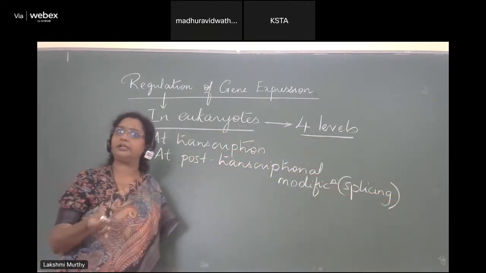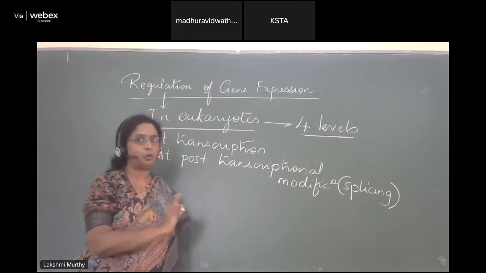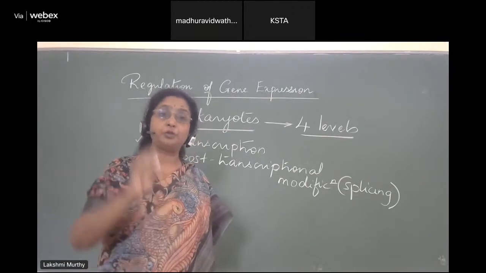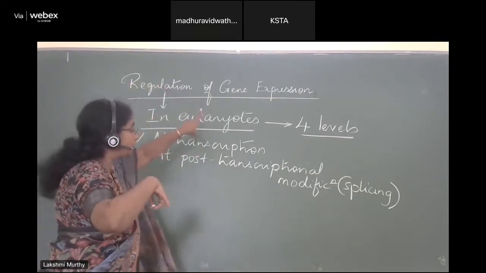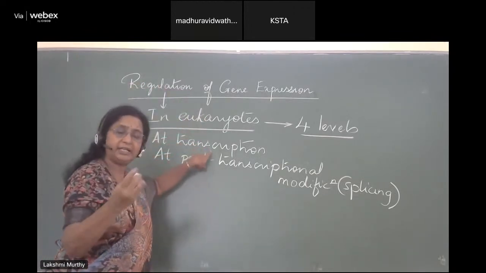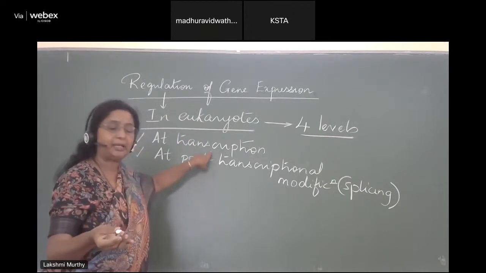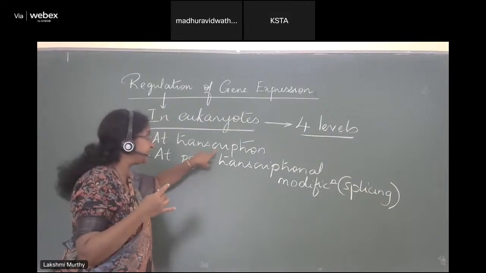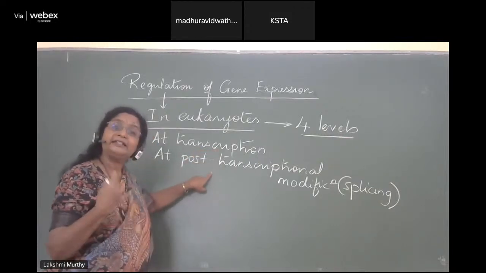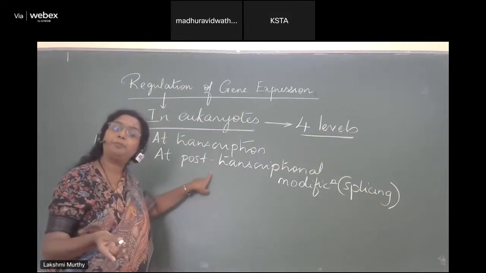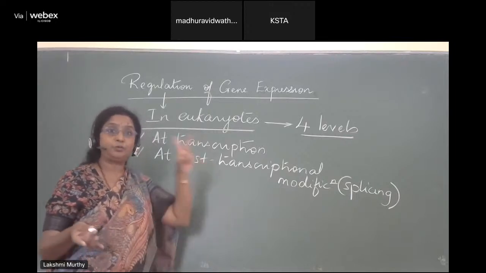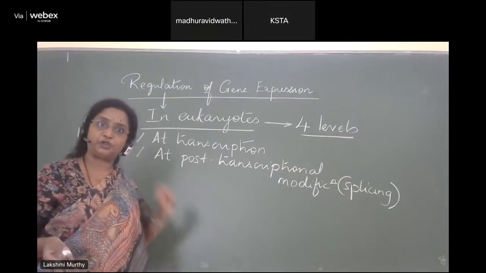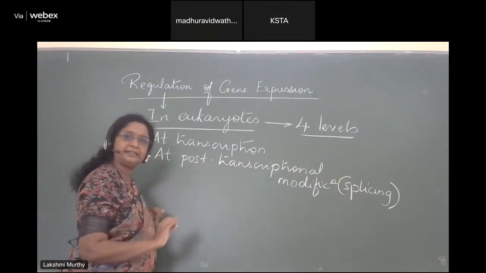We could not control it, but let us see that we do not splice it so that it will not produce mRNA. So maybe your neuron is able to control hemoglobin production at this level. I'm just giving an example, okay? Or your WBC cannot control it at this level, so it goes ahead, does transcription of hemoglobin polypeptides, and finally you will decide not to splice it so that the HNRNA can be destroyed. So you can control it at this level.